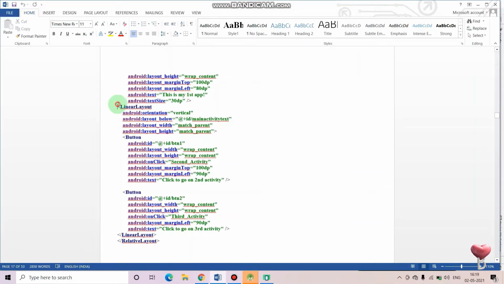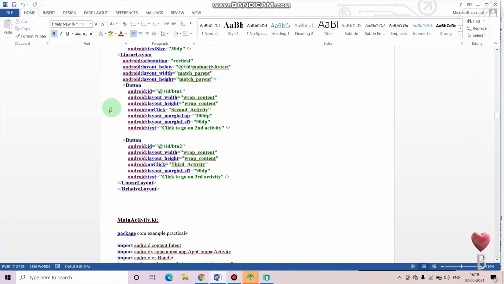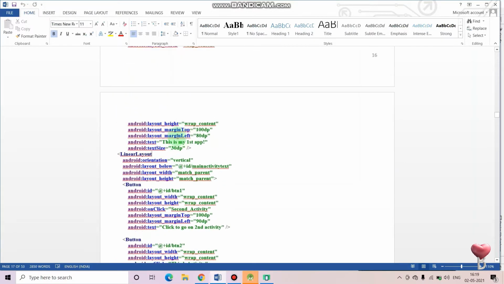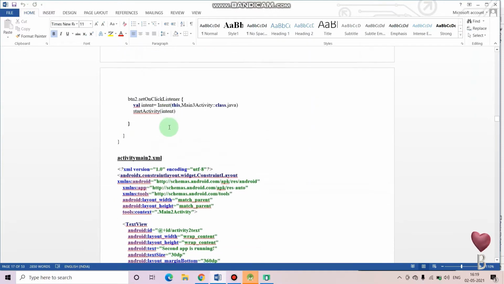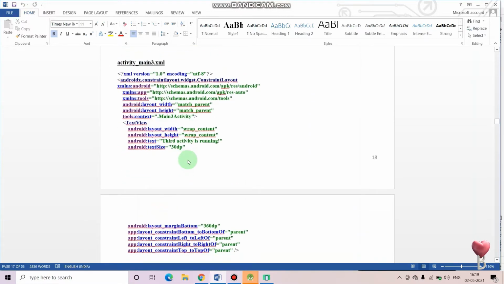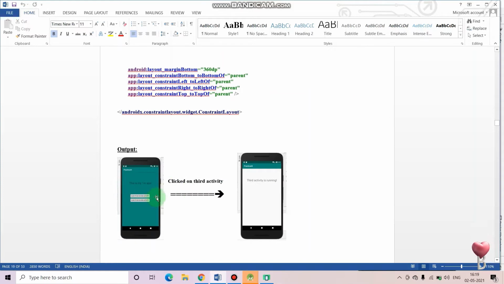created the linear layout. You will get to know about the layouts in the further sessions. Okay, so what we'll be doing, I'll be explaining the entire code from here only, and we will try to run that in the application. So what will happen is, when we click on these buttons, a new activity will be opened and this will be displayed to you.